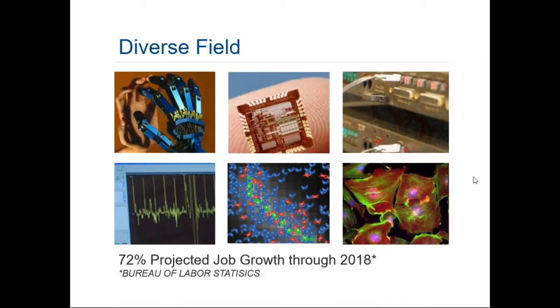Modern biomedical engineering is a diverse field with specialties ranging from robotics, neuroprosthetics, brain-computer interface, medical instrumentation, tissue engineering, imaging, micro, nanoelectronics, mathematical modeling, and of course, signal processing. The field has been projected to show enormous job growth through this decade and beyond. Opportunities are expanding rapidly across all these specialties. At ABE, we aim to train you for these opportunities through rigorous coursework, as well as interactions and networking with